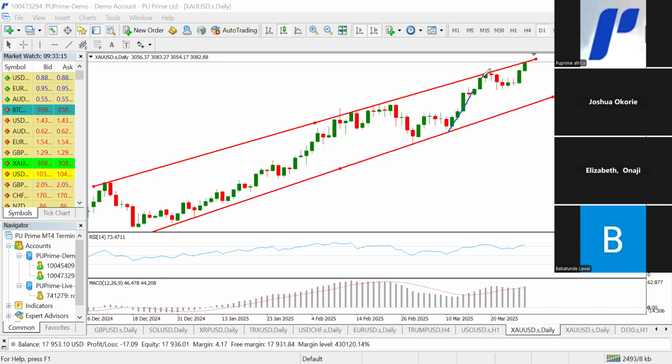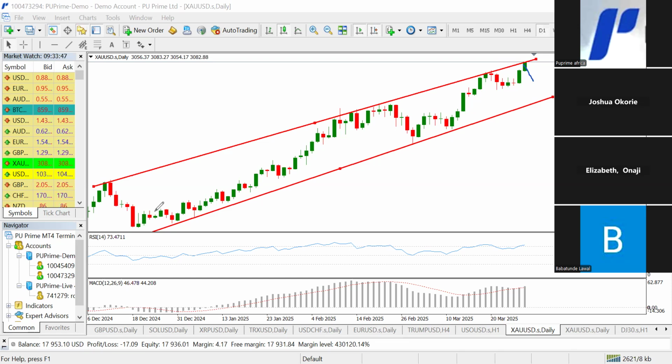It's not too clear whether we're going to have a kind of a double top here, which may now drive price downwards. But even if price does not drive downwards to the next higher low over there, there could be some slight break, some slight retracement. And let's check if there's any fundamental on dollar. Okay, there is a core PCE price index by 130, but to be honest, it's not really a very volatile news. So it's not something we should really bother ourselves much about.